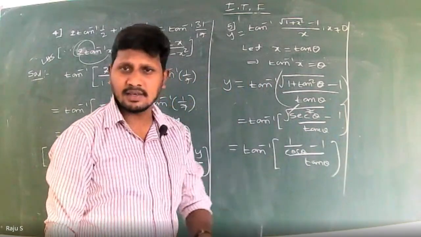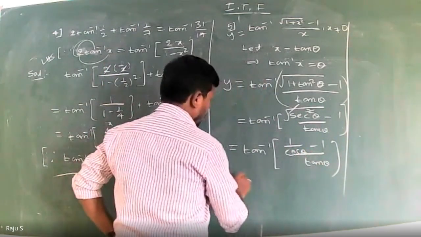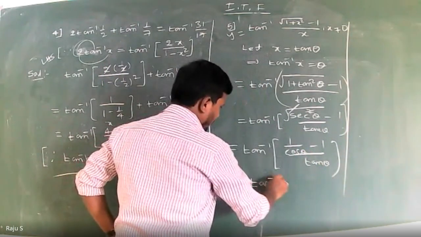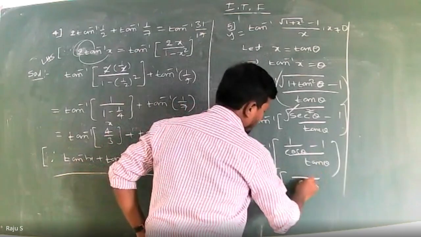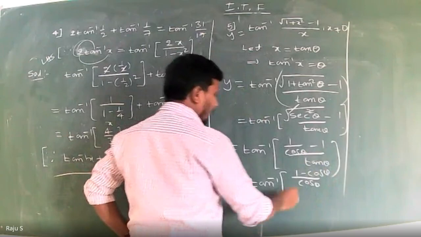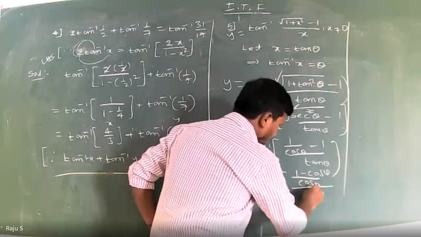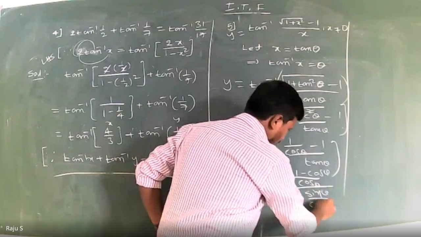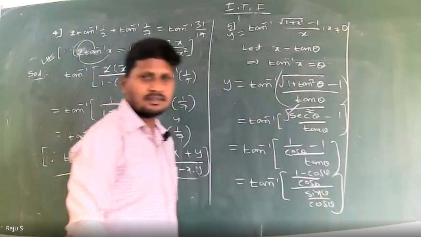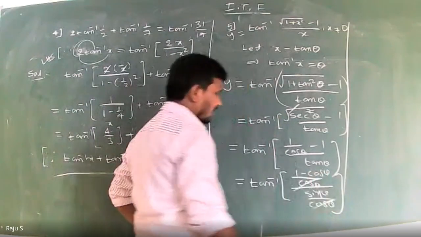Now we can take the LCM. The LCM is cos theta in the denominator. So this is equal to tan inverse of 1 minus cos theta in the numerator. In the denominator, shall I write tan theta as sin by cos? Now shall I cancel this? So finally,